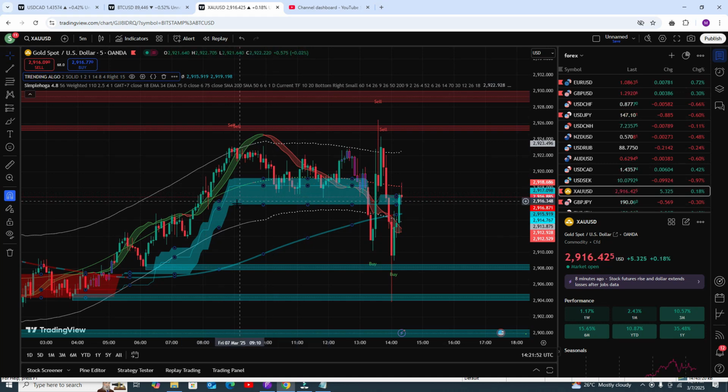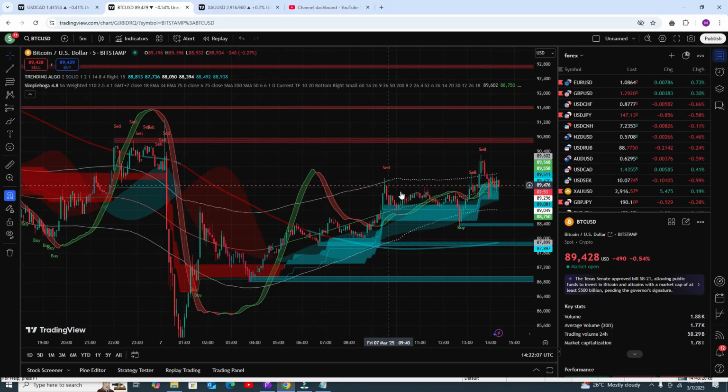Here you can see there's a cloud. The cloud is blue. That means you need to follow the buy signal, and when the candle touches the upper band line, close your trade. Here you can see another buy trade. When the candle touches the upper band line, you need to close your trade. Let me show you results in BTC. In BTC, this was the most recent trade, and you can see you got the profit.